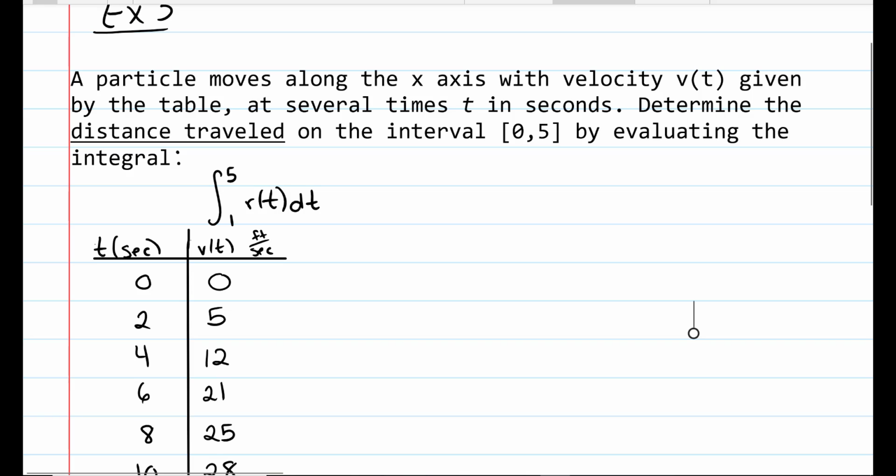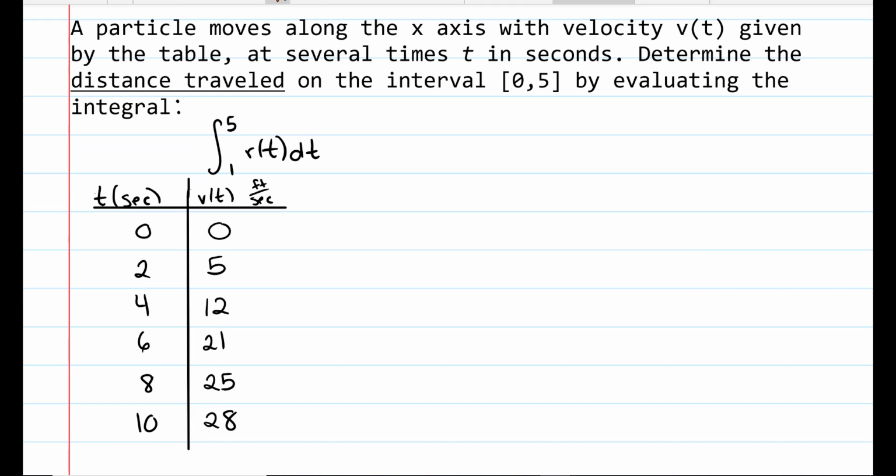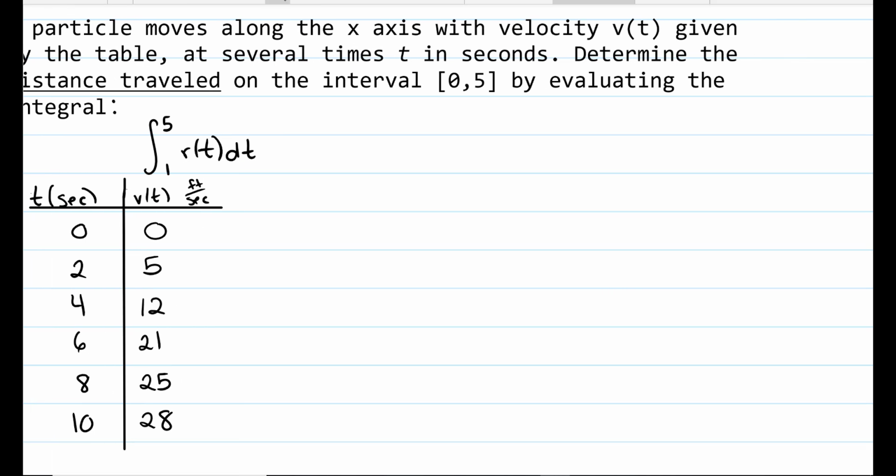Now this example might look familiar. This was back from a previous section where we used LRAM, RRAM, and MRAM to approximate the distance traveled. So now we're going to use the trapezoid rule to show a better approximation of that. I do want to make one side note,